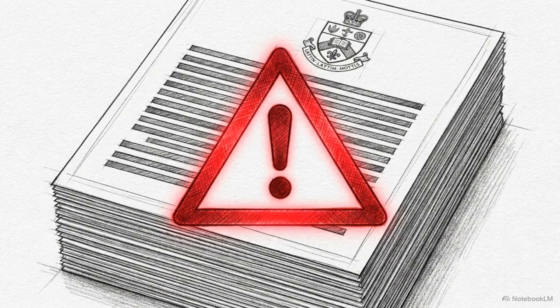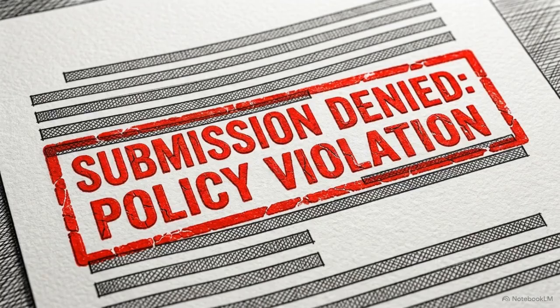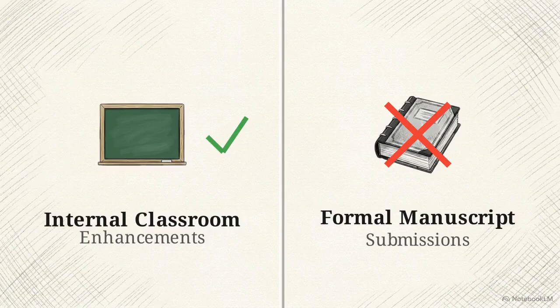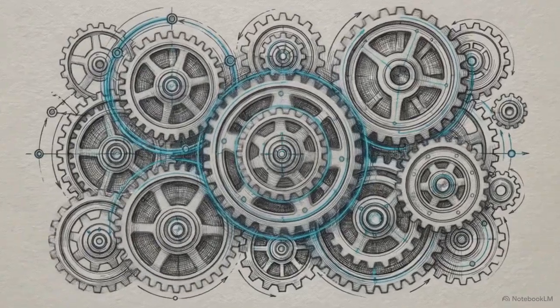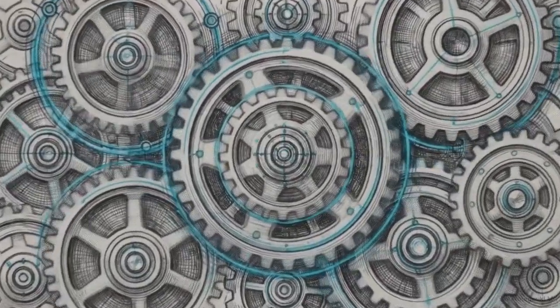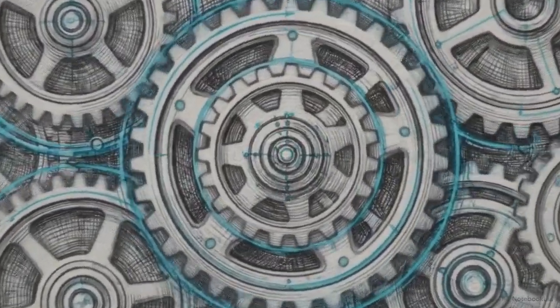There is a concrete warning regarding academic publishers and the submission of AI-generated visuals that every educator must understand. Major publishers, including Taylor & Francis, strictly prohibit the inclusion of any AI-generated images in submitted research. Faculty must strictly separate internal classroom lecture enhancements from their external, formal manuscript submissions. When bound by closed-loop frameworks and strict ethical adherence, generative AI becomes a high-precision tool to enhance classroom engagement and streamline